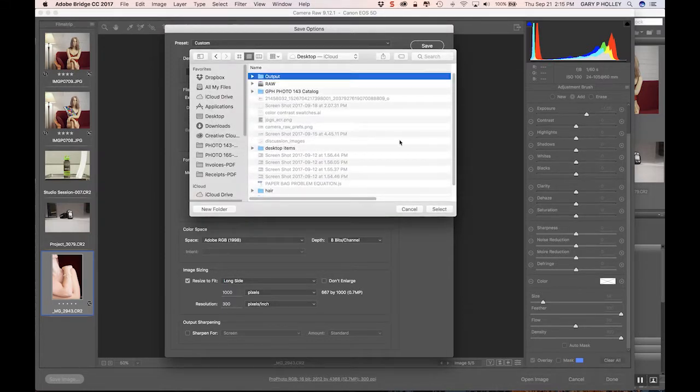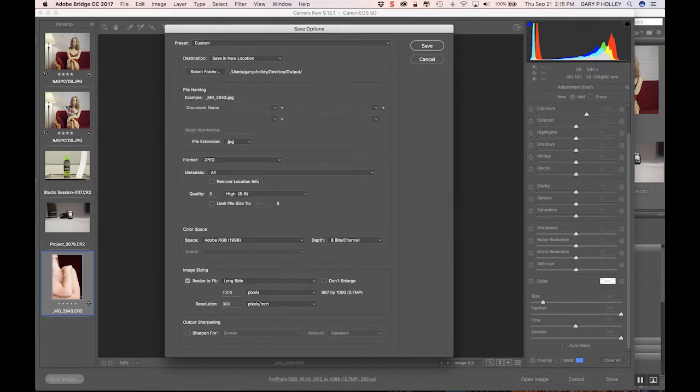And select that folder. Okay, so now it's going to go into my output folder. Remember, we want to keep our raw files separate from our working files, separate from our output files. It just keeps the whole group of files easier to find, easier to locate that one specific file that you might be looking for. So once we have our destination folder specified or location specified, we set the file extension